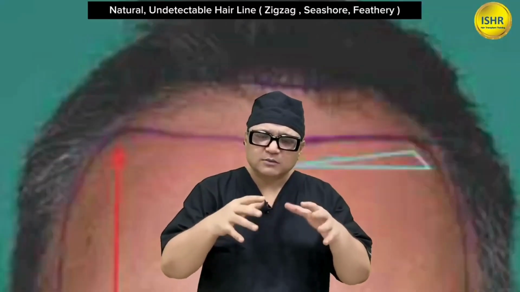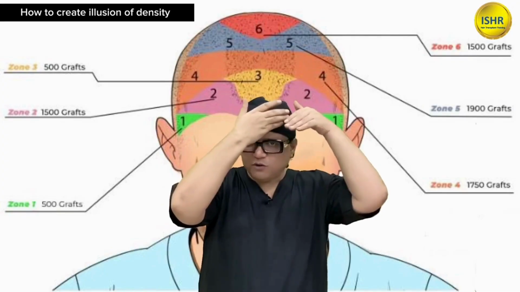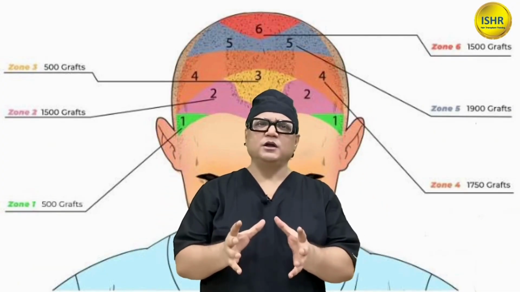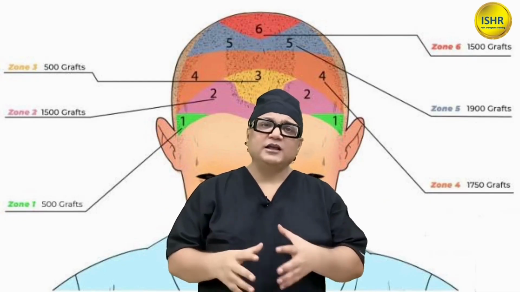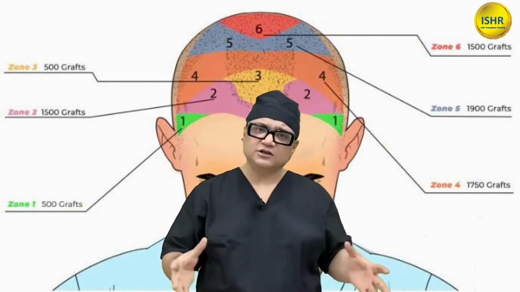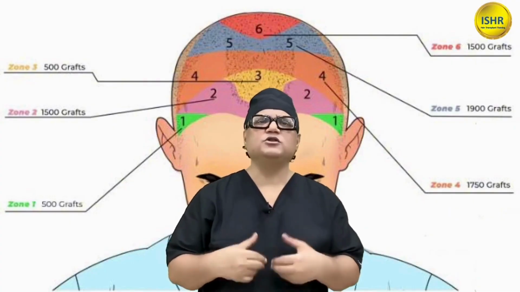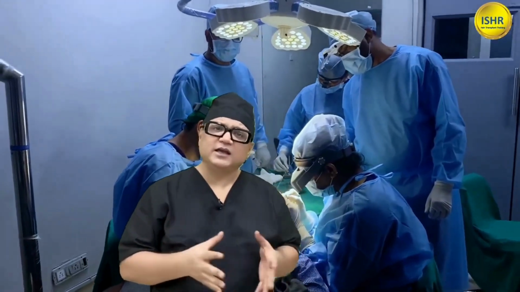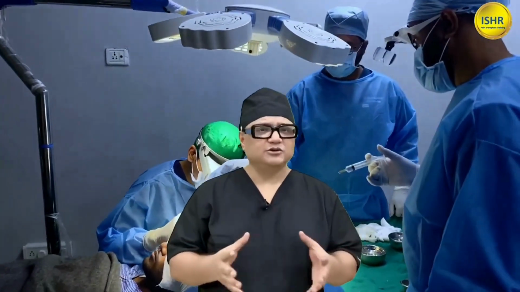We are going to discuss distribution of the grafts. Is he going to comb from left to right or behind? When he comes for a consultation, we have to show him how he's going to look, how many grafts we are planning to put, how many grafts he has got, how we distribute these grafts, etc. Of course, we're going to cover the frequently asked questions from the patient, like how long the hair transplant result may last, is there any complication or side effect, what is our technique, is it going to pain, will the hair really come, what is the success rate, etc.